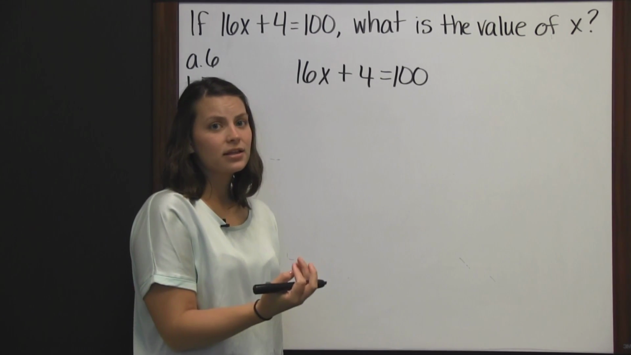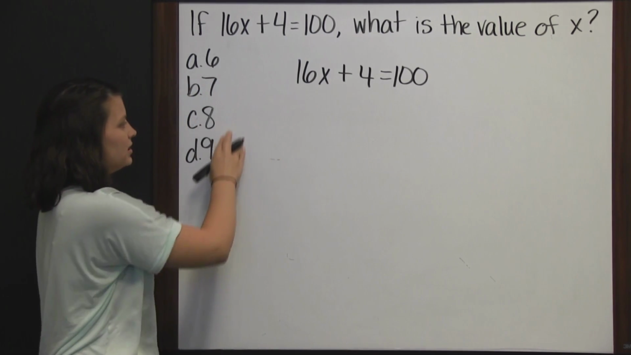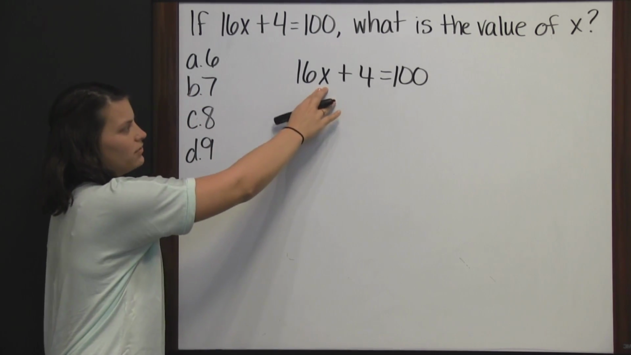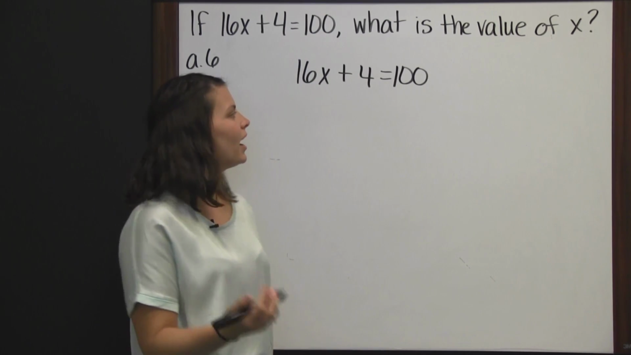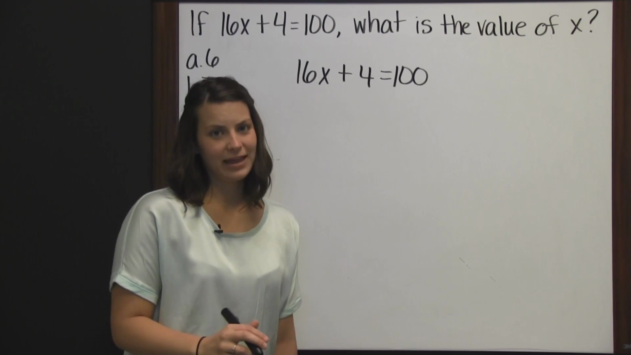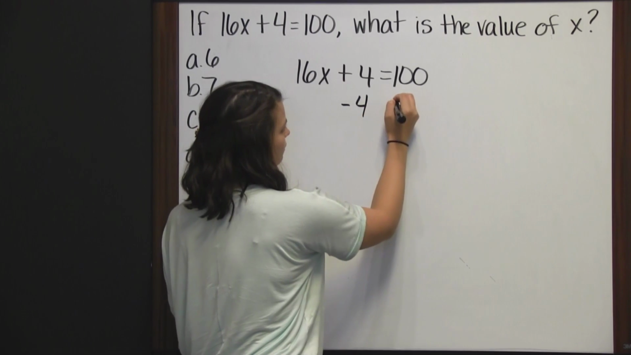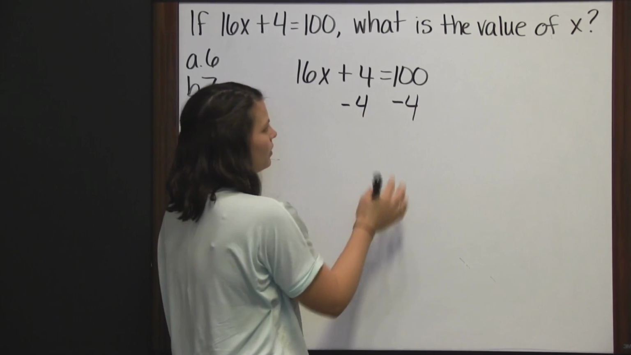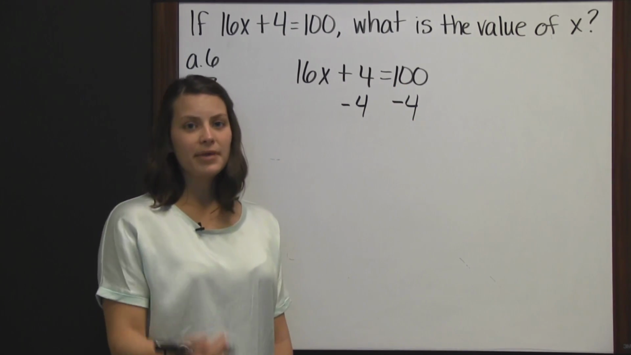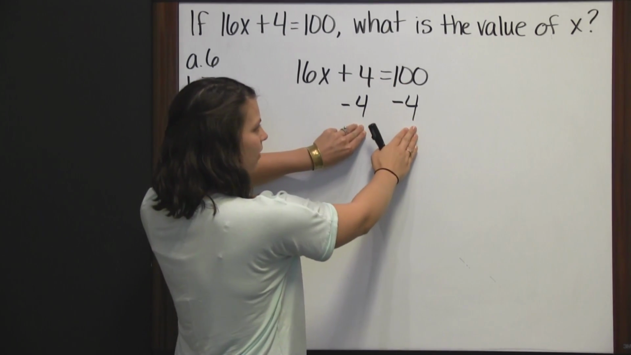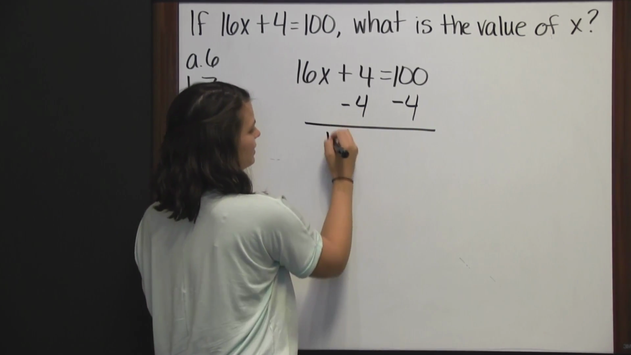And we could guess a bunch of numbers until we found the right answer, or we could take these 4 answers and plug them in until we found the number that would make this equation true. But we have an algebraic way to do it. And that is to start by subtracting 4 from both sides. Because since these two sides are equal to each other, to keep them equal, we have to do the same thing to both sides. So we have 16x